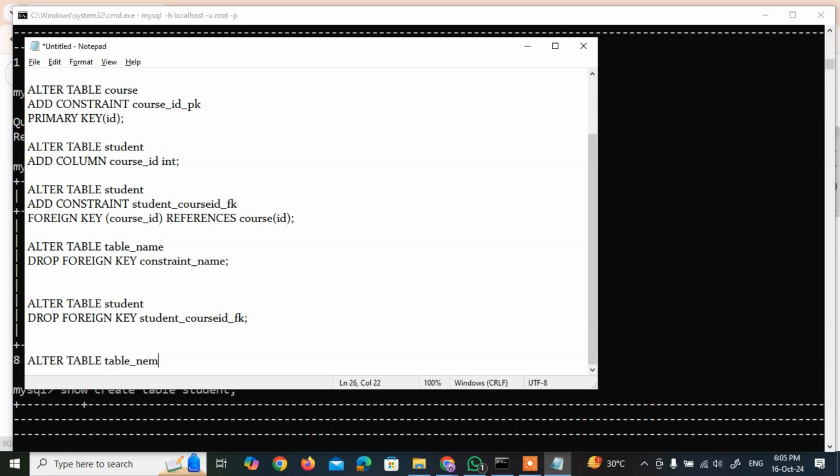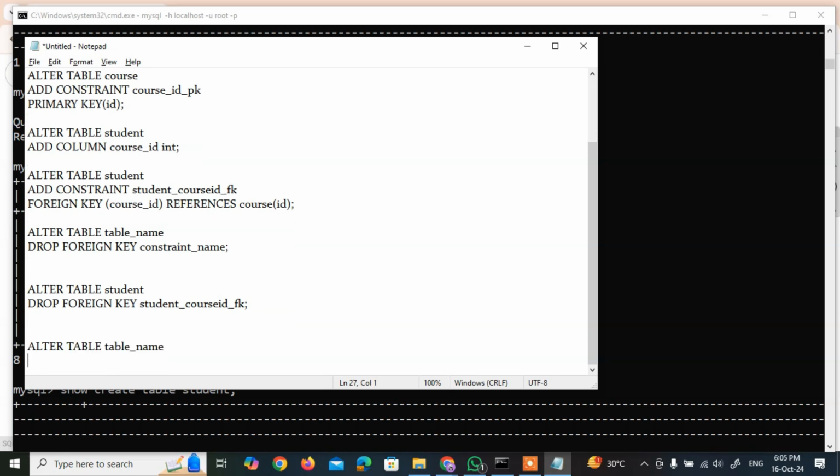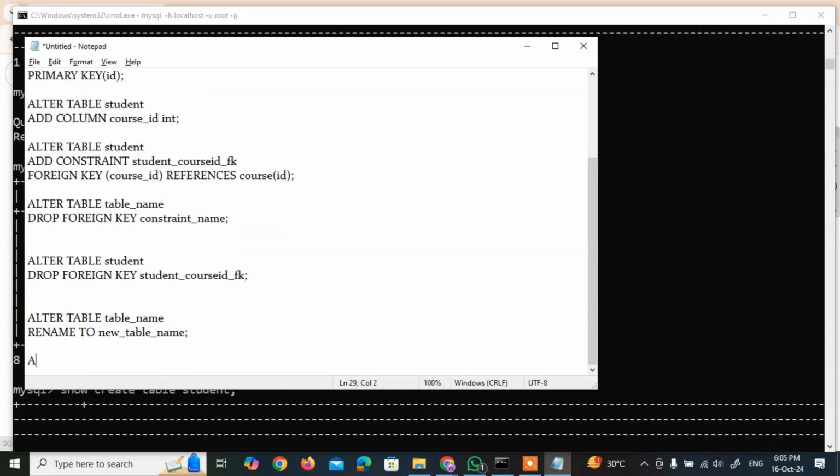So this is going to be the old table name. Rename to new table name. So we'll say alter table student, rename to student master.